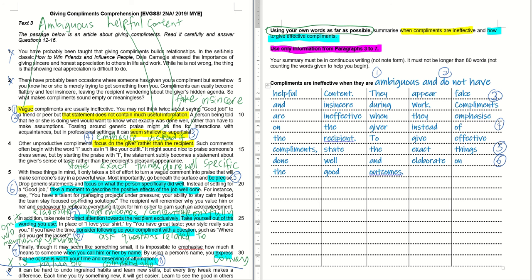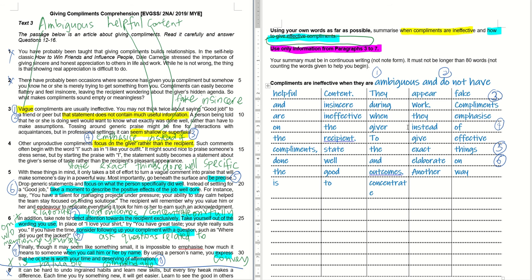So how should I write it? Another way, or one way, another way. Another way is to concentrate on the